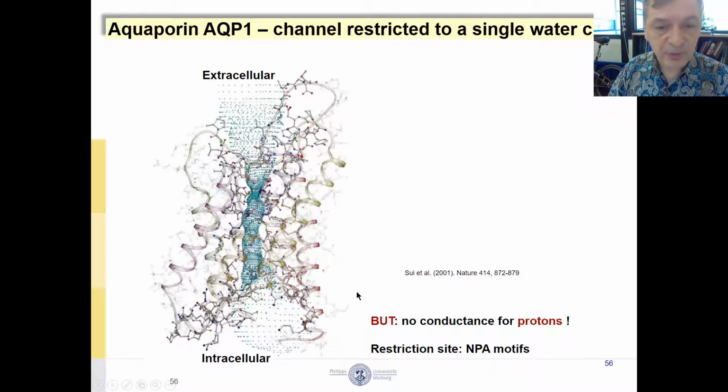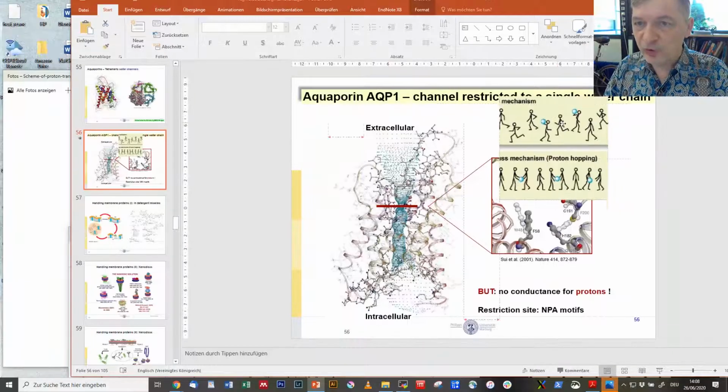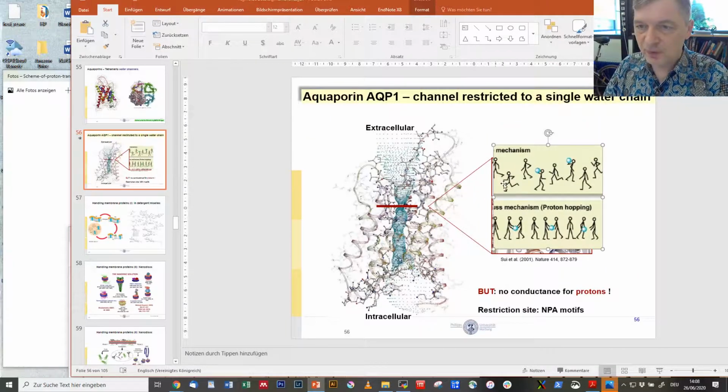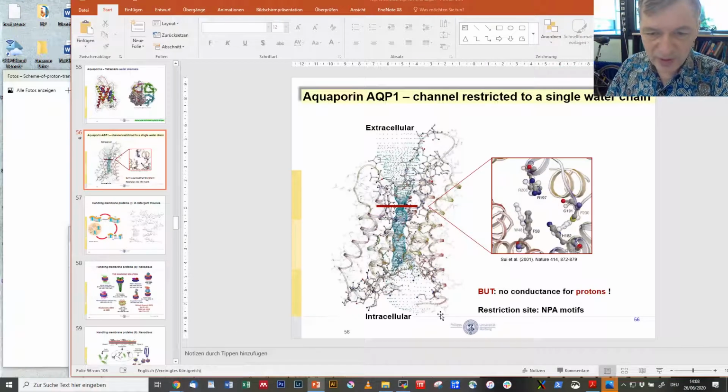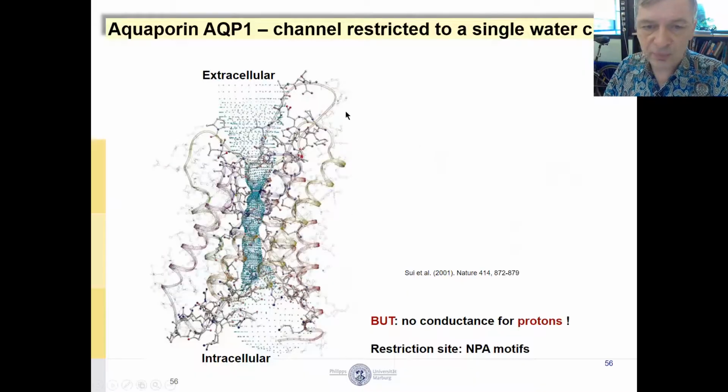Unfortunately, I don't have a slide, but maybe I switch shortly. When you consider the water molecules, they are H-bonded with each other. Clearly, they could just hand the proton from one to the next by releasing it at the same time. By this way, the proton conductance is much higher than you would predict by diffusion of protons through water. So in order to avoid that a continuous water chain would also conduct protons and would by this disrupt the proton motive force,